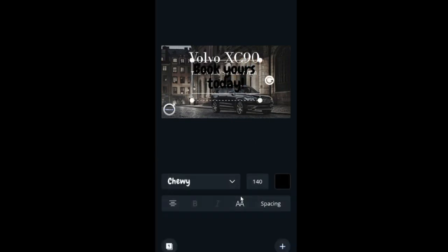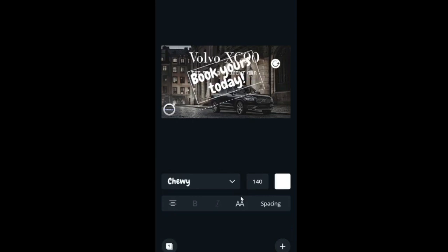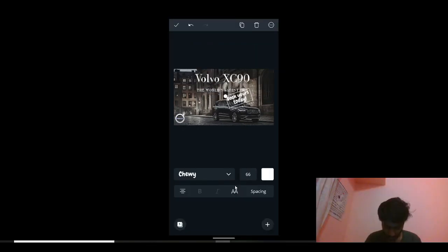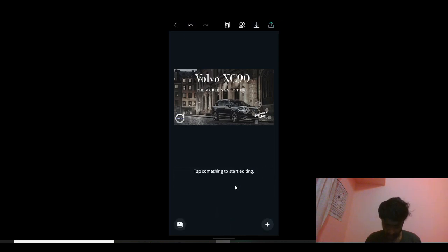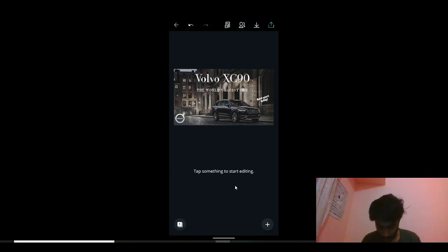Just because it's black, I can change the color here, and I'm going to rotate it a bit and reduce the size of the text here. I'm going to drag it towards the right hand corner. So you can see that I've written book yours today, and if you wish to drag it somewhere else also, it's easily possible.